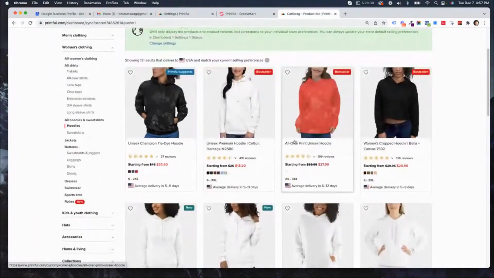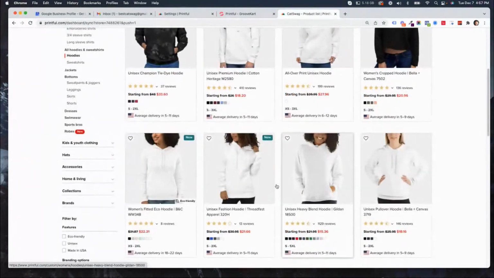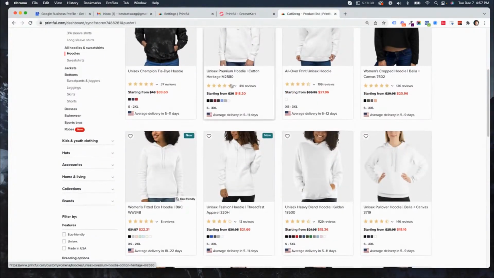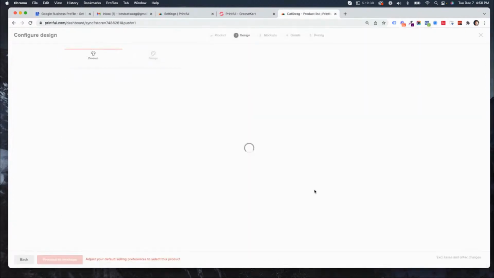And also this one right here, the Cotton Heritage, which is the second one. You see, the difference in prices is very minimal. One is 15.36, the other 18.20. What I like about it is the colors. There are a lot of colors available, so you can actually present options. Remember, when selling to females, and most of the females here in the recording will agree with me, they will always want to see colors. They will always want options, and I know that options are always key. So I'm going to go with this one, the Heavy Blend, which has a lot of other colors